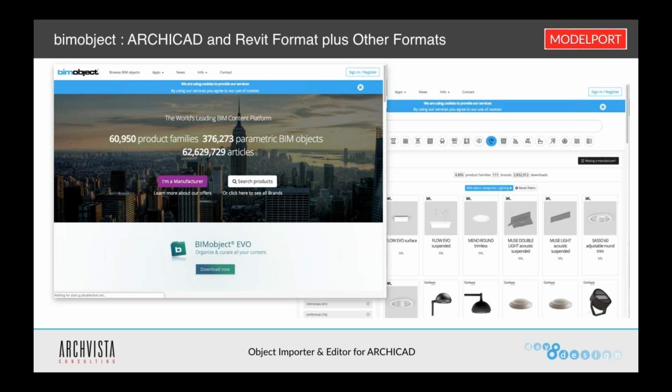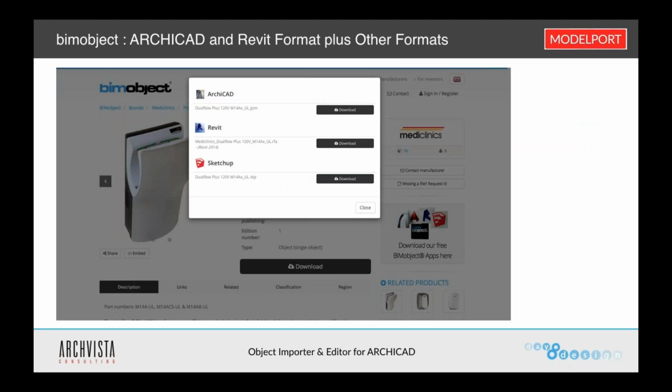They acquired a library from Autodesk last year, the year before, that gave them a huge amount of Revit format objects into this library as well. So it's a combination now of ARCHICAD and Revit formats. So when you go to select an object within that, of course, you'll get ARCHICAD, Revit, SketchUp, and potentially other formats as well